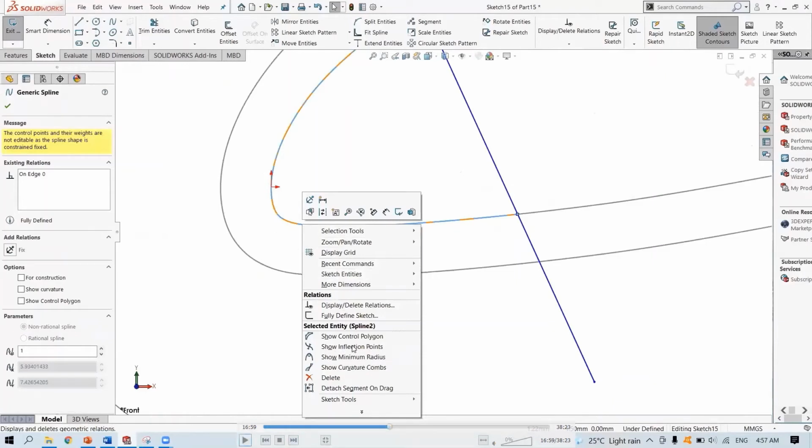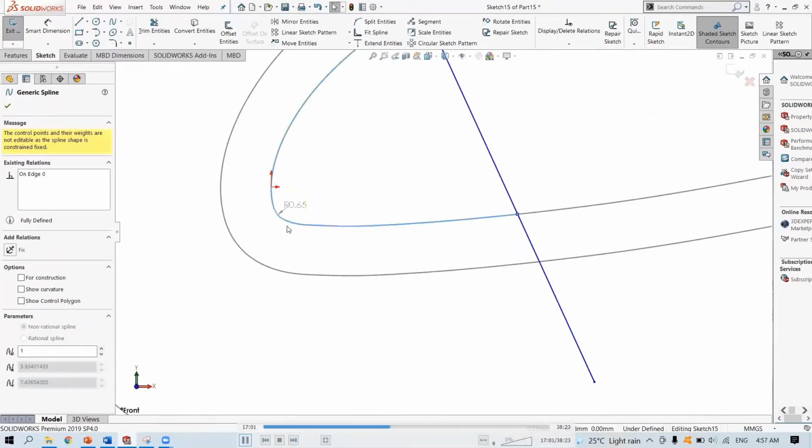So just select that. The reason why I needed to trim this part is that if I don't, then the minimum radius will be located at the trailing edge. We know where the trailing edge is, so it doesn't matter. So I trim this off so that the minimum radius will be on the front part.